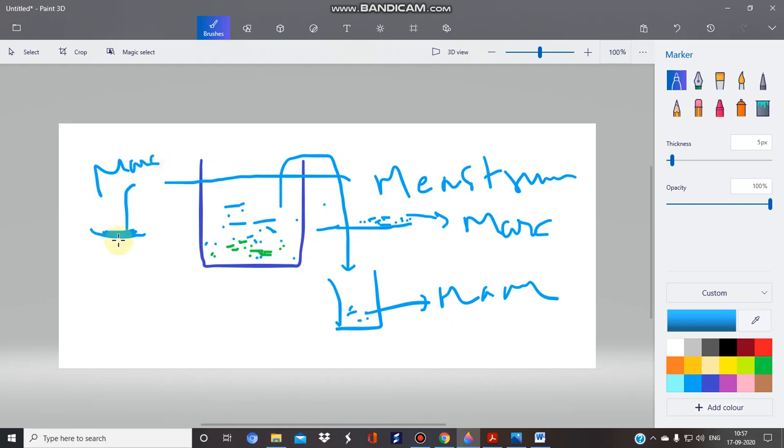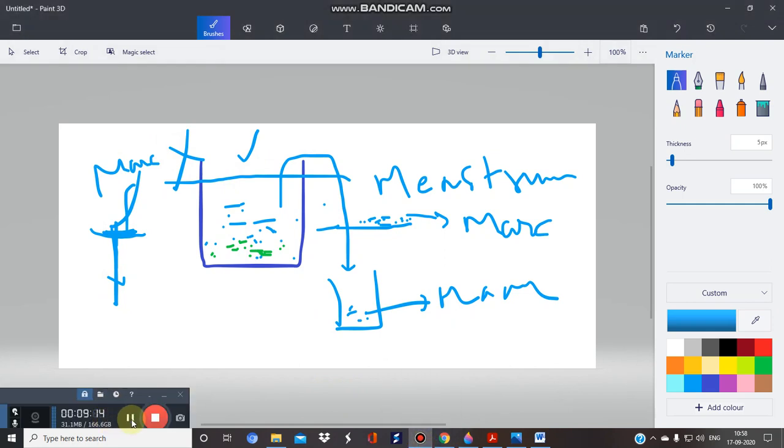Marc. And there are different types of maceration in which the marc is pressed. Sometimes it is pressed so that all the solvent held inside this marc will come out. Sometimes it is not pressed. So there are different types of maceration techniques, but our focus is only upon the modern methods. I think that is more than sufficient for you. So that is all about maceration.